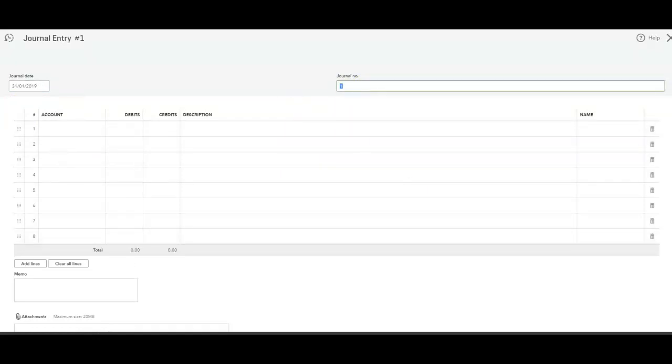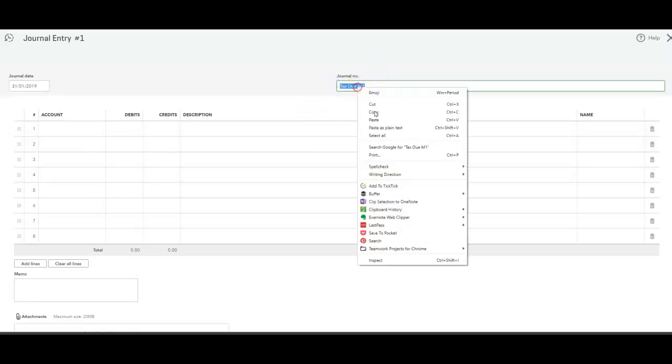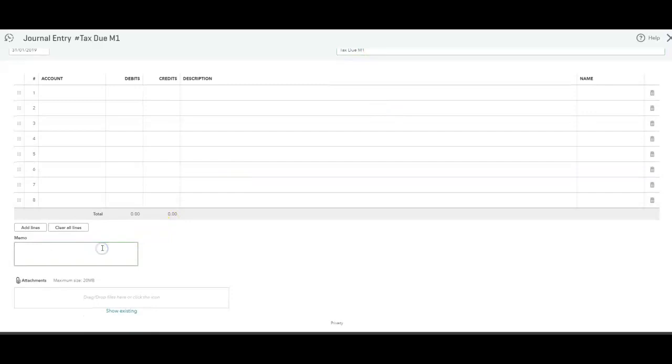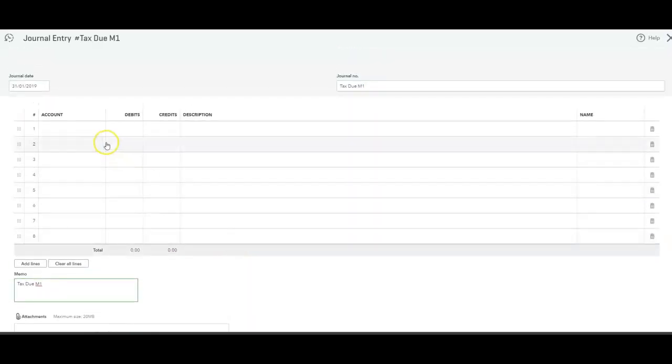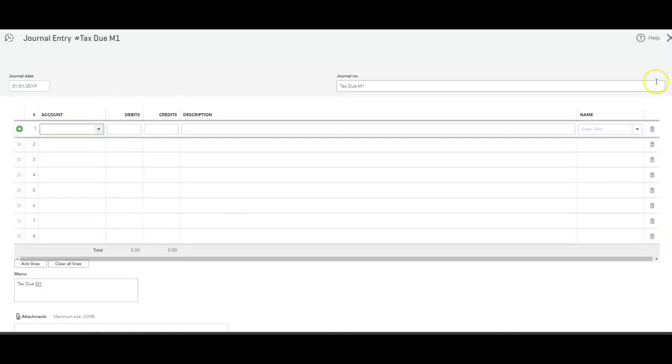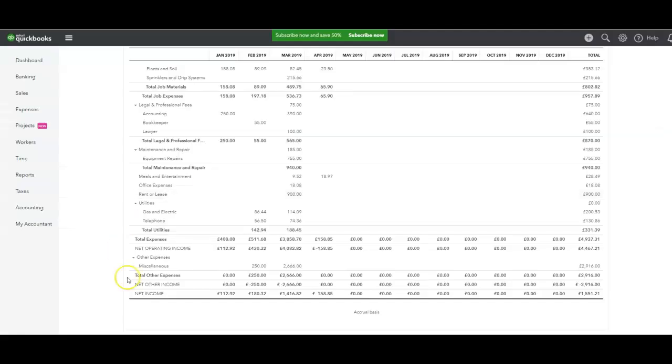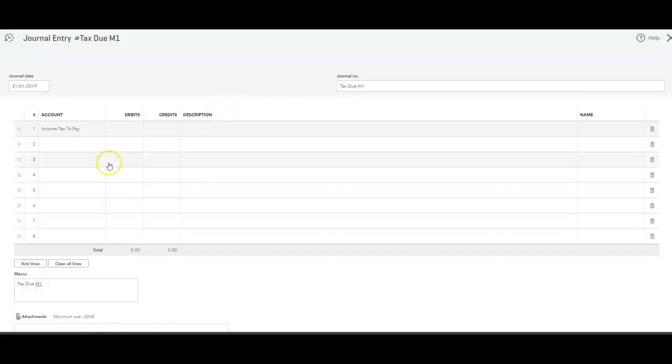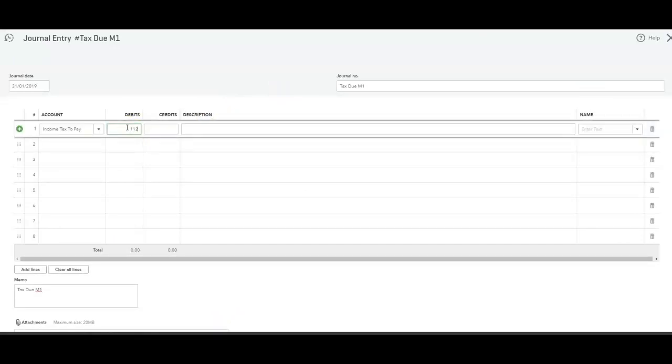Journal entry, I'll put it as self-assessment, or you can put tax due month 1, and I'll put it in the memo so it's easy to search on again. Month 1, yeah. And then we want to debit our profit and loss expense account. So if I do it as tax, that's income tax to pay, that one. And we're debiting. So it was 11212 if memory serves. Let me double check. 11292. I apologize. So 112.92